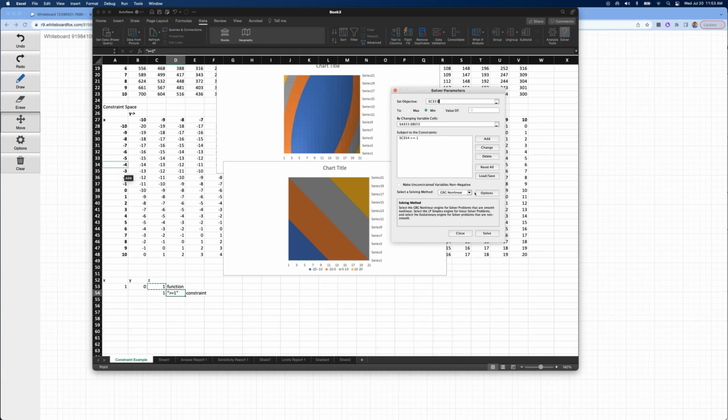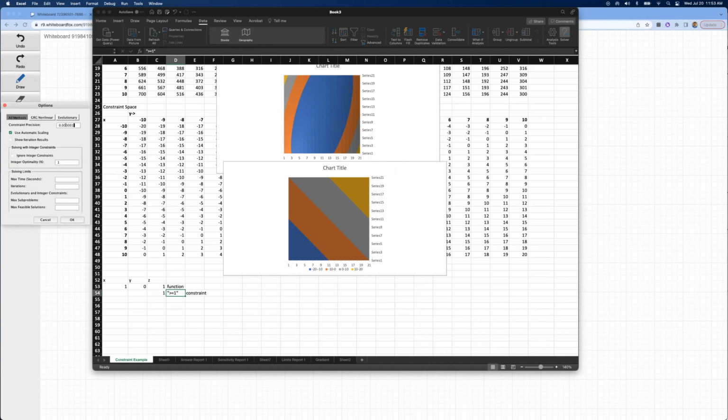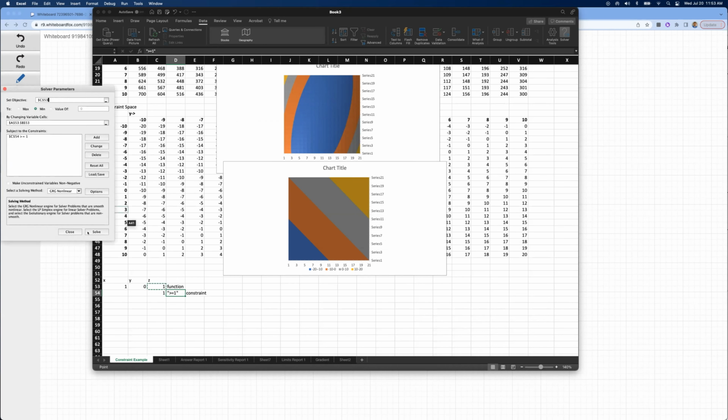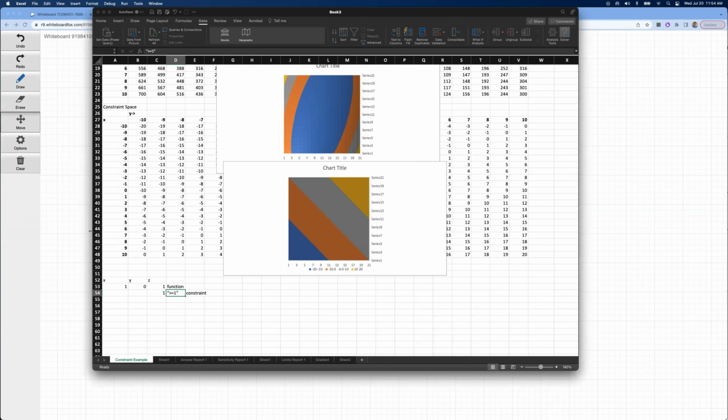Okay, I'm going to use GRG Nonlinear. Let me check my options here. Now, constraint precision does actually matter here, because it's saying I can violate this. You're going to let me violate this up to this many digits if you want, right? So you usually want to, and I think the default again is to only have 3 zeros there. I usually add a couple 0s there for the constraints. My convergence here, I want that to be more converged, and I always want to use central differencing. Okay. So now I'm going to solve that and see what it comes up with.